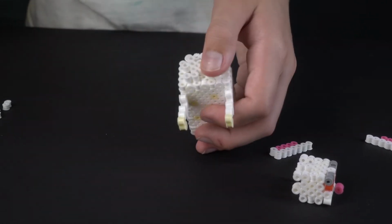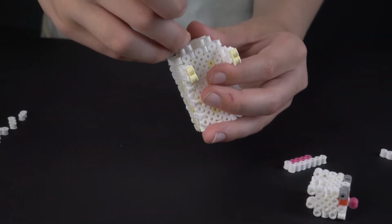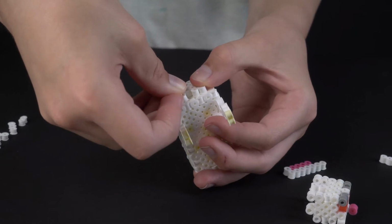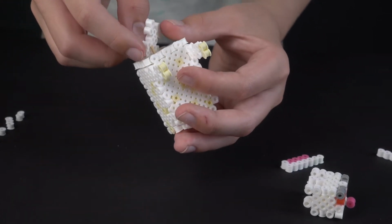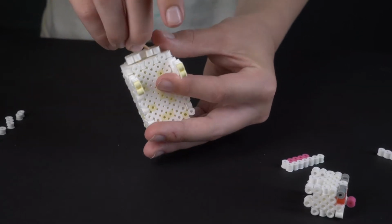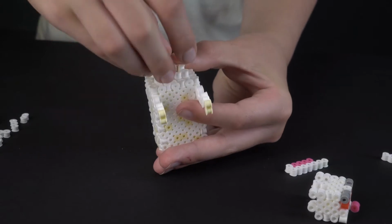Oh, wrong skewer. I'm gonna put the skewer through this hole and the opposite hole on the other side. My thing kind of fell out. So right here,